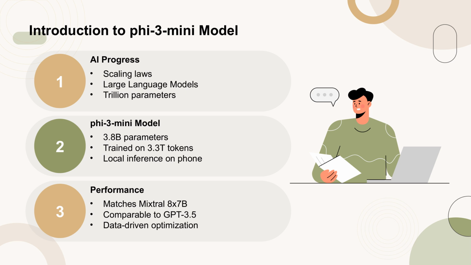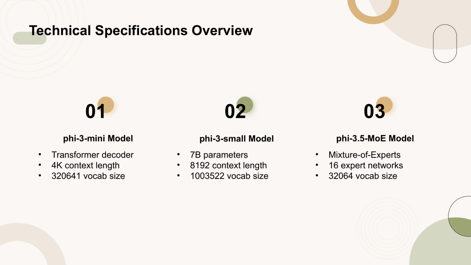In this report, we introduce Phi-3 Mini, a 3.8b parameter model trained on 3.3T tokens, which can be inferred locally on a modern phone. Despite its small size, Phi-3 Mini achieves quality on par with models like Mixtral 8x7b and GPT 3.5, demonstrating the power of data-driven optimization. The Phi-3 Mini model is based on a transformer decoder architecture with a default context length